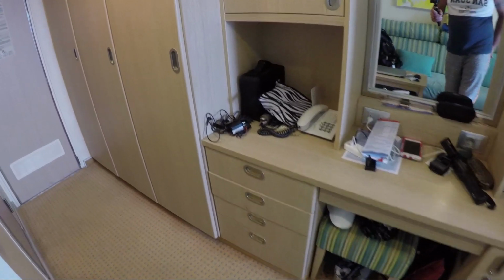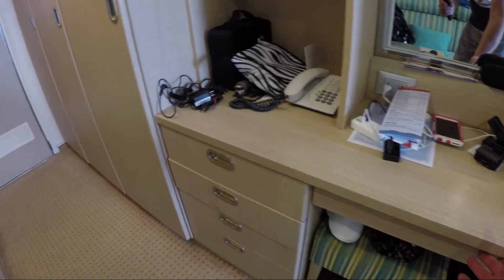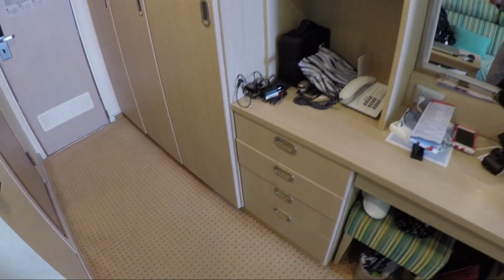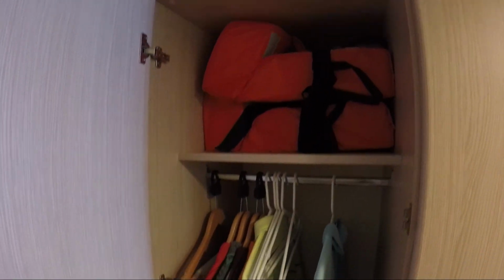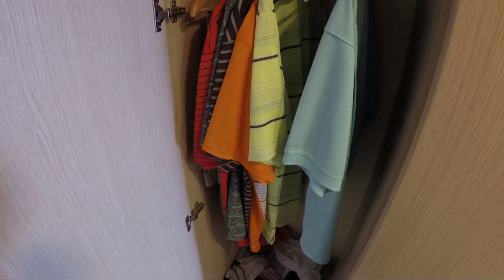the normal cabinet space that all of your other balcony cabins have. We have ours completely full of stuff already. So anyway, plenty of, this is the closet space. Plenty of coat hangers when we got in here, so we were able to hang up all of our